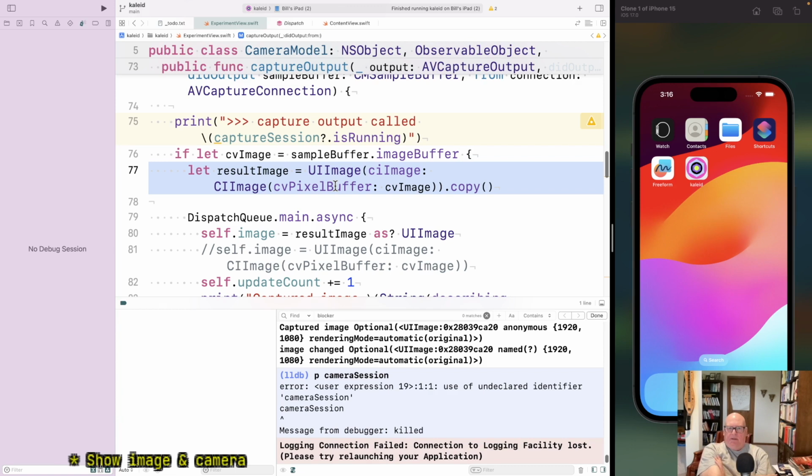Yeah, I could believe CI image might just hold on to the buffer you gave it, right? So you gave it a bunch of pixels. It doesn't need them. I don't know. I'm not quite convinced. It doesn't explain why it stops, but